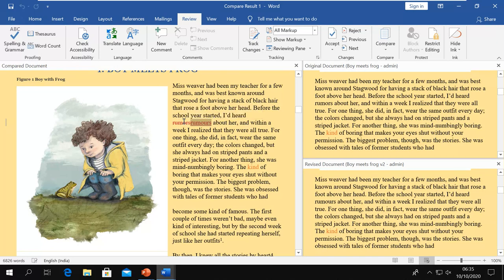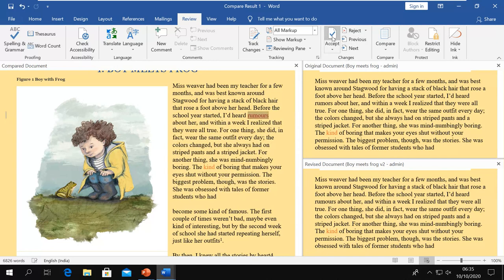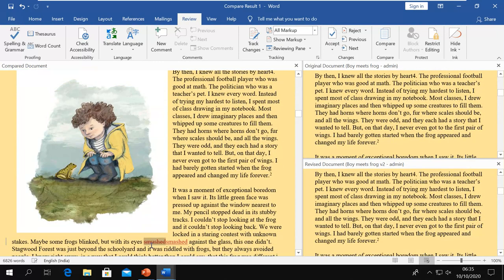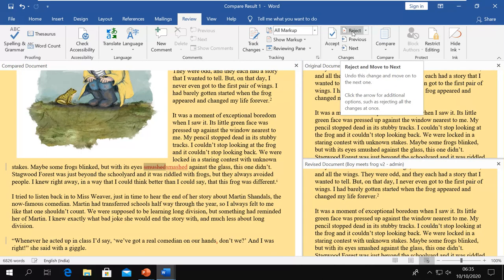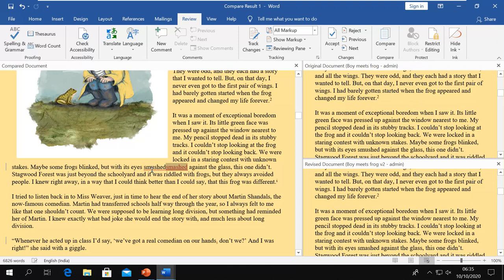And if you feel you want to have this one or you don't want to have this one, then you can say accept or reject. So this was deleted, so I say accept this one. This one was added, so I will accept this one also. Then it goes to the next change. Now if you don't want to accept this, then you can say no, I want to reject this deletion. Now when you reject this deletion, then the new word should also be removed, so I say reject this one also. So this is what you can do, compare both, and this one will be your compared document.